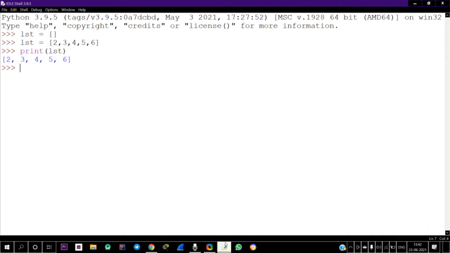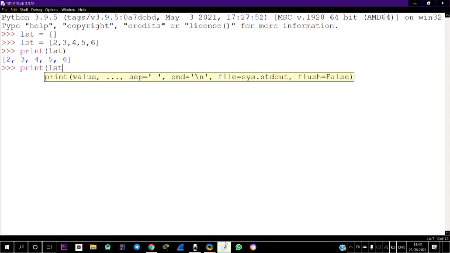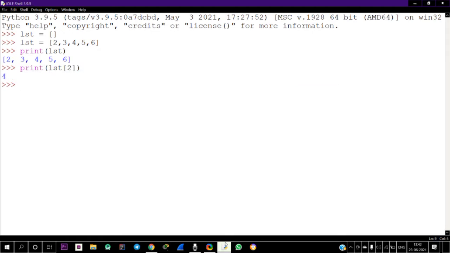If I want to fetch the second index value, that is 4, I can give print lst of the second index. See, we got 4. The 0th index is 2, the first index is 3, the second index is 4.